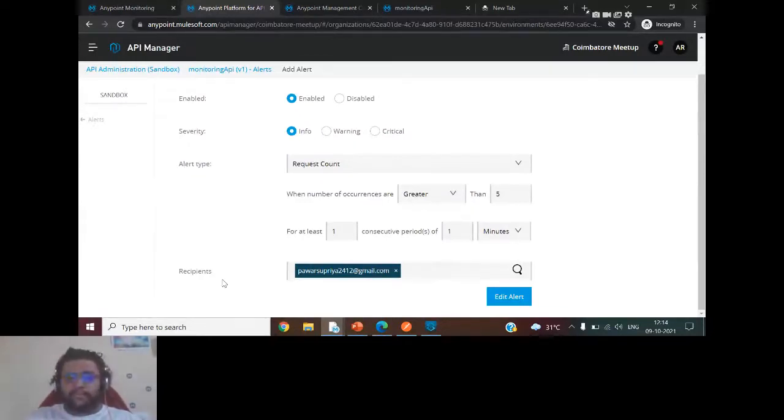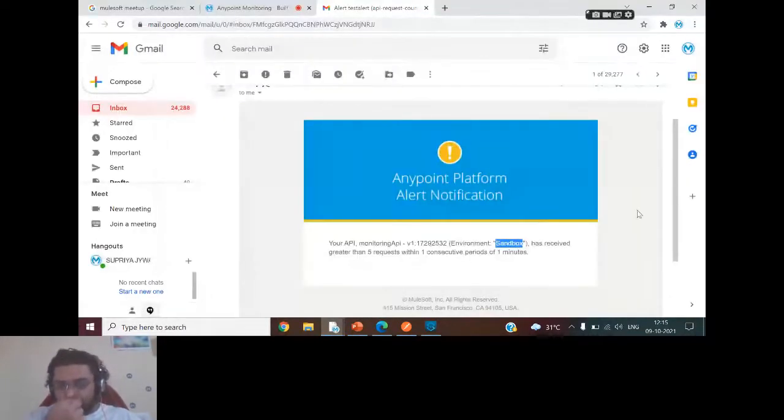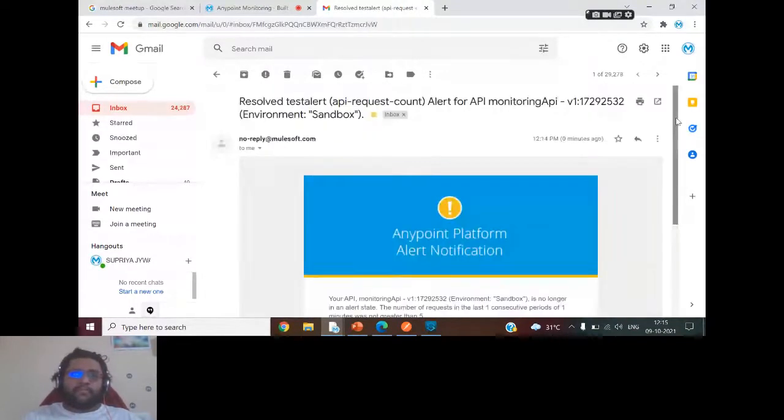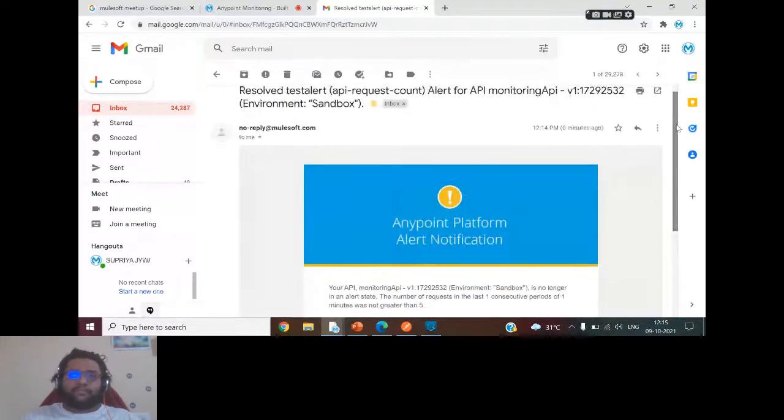Okay. I think that's a good add-on, like if we can send it to some Slack or ServiceNow. It is there for sure. Okay, and as I said, after some time you're going to get one more email, see, resolved test alert. So within like 2 minutes, if you don't get the same alert, it is going to show you how this has worked. Okay, so yeah, that's it about alerts.